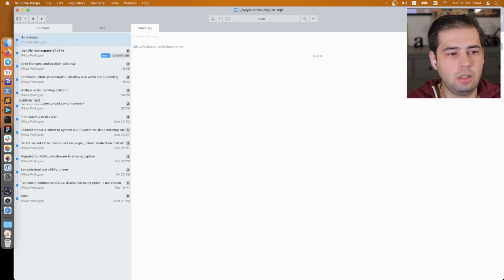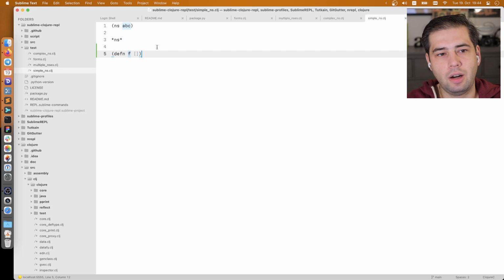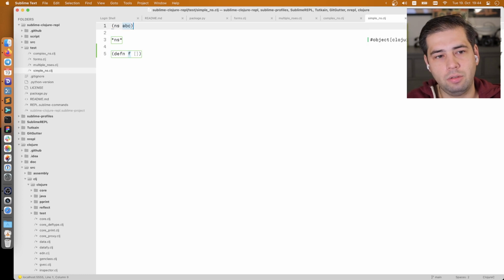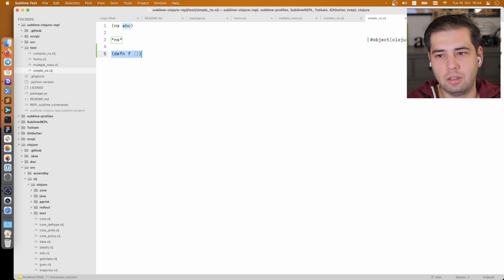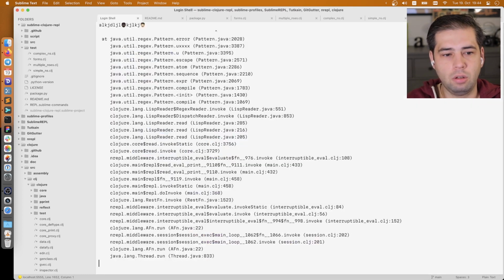So error status we see if we try to run something in a namespace that hasn't been defined yet. In this case, it was defined, like the namespace persisted in Clojure, right? And so even if we reconnect, it doesn't matter, it still exists, right? So it works. But if we stop here,